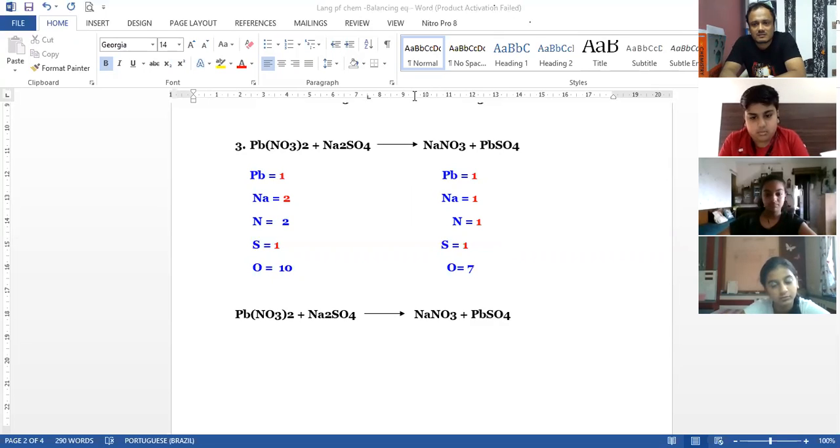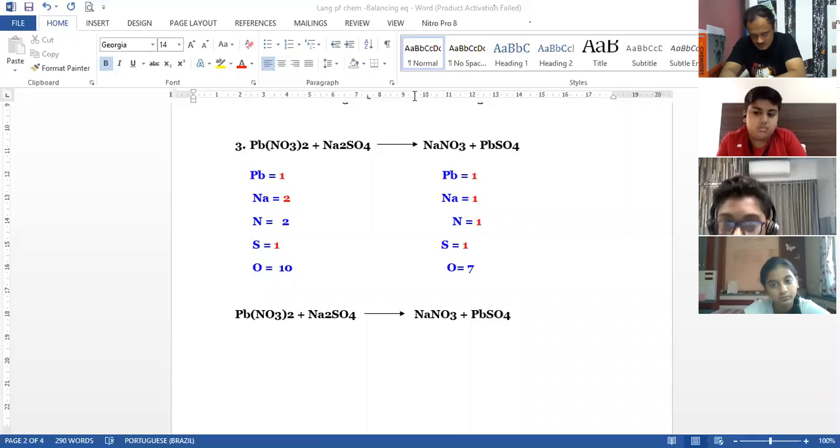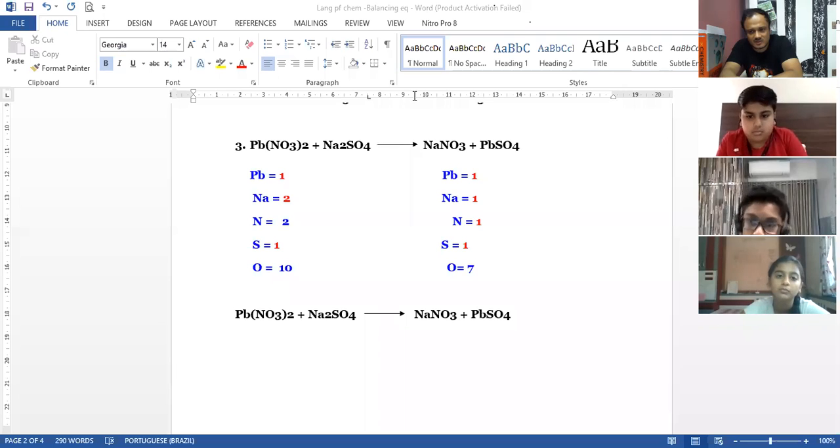Yes, Krishna, what's the doubt? So usually when solving, I solve NO3 differently, and SO4 differently. Yeah, we can do it like that. It need not work all the time, Krishna, but that's a good way to solve it, because it becomes very easy to put the numbers, because you have nitrate on both the sides. But for the ones who are studying it for the first time, I have to explain it this way, right? Okay, so we'll do it this way. That way is also correct. That is actually an easier way to do that. So once I'm done explaining this, I'll be explaining that. Okay, thank you, sir.